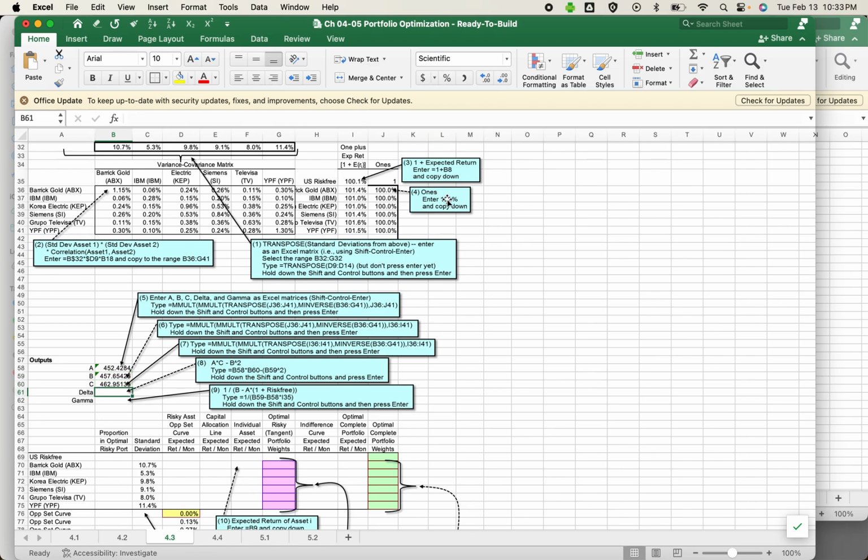Excellent. Okay, now my deltas are derived from these eigenvectors. So my delta is going to be, and this is not to be confused with the delta in options, A times C minus B squared. So A times C minus B squared. All right,